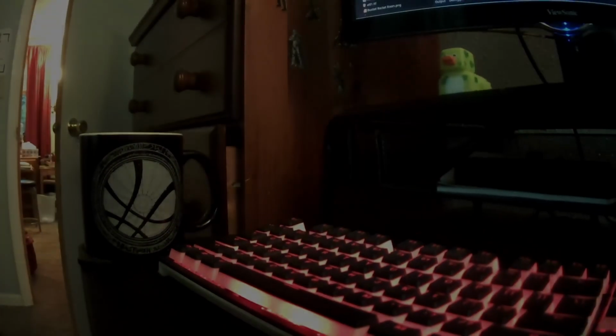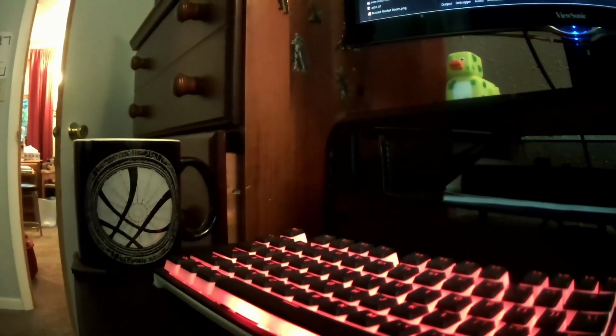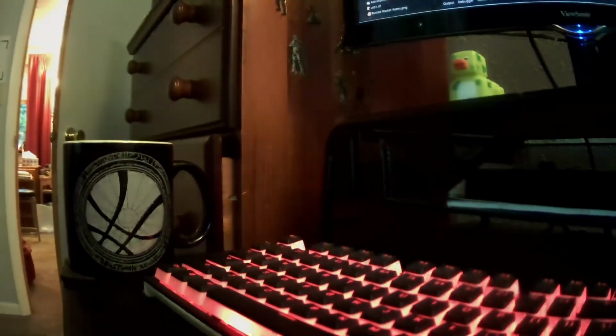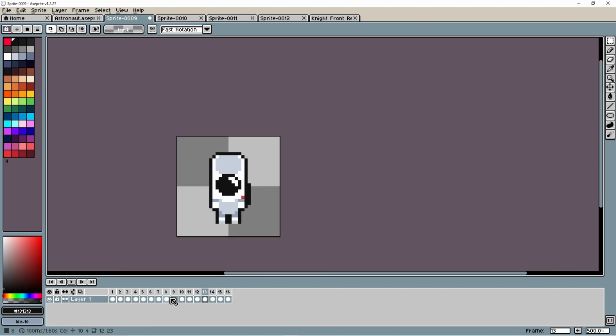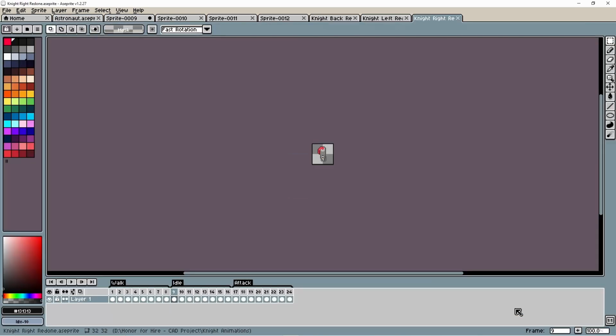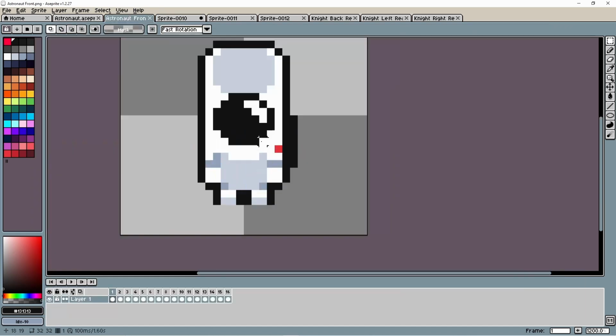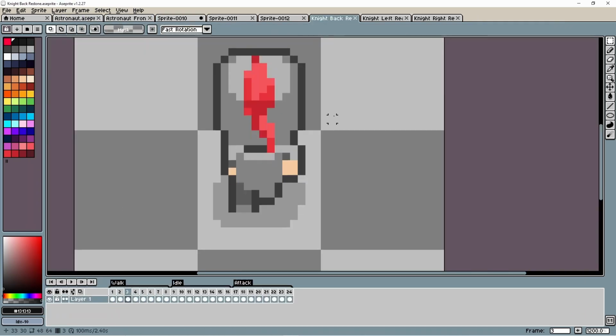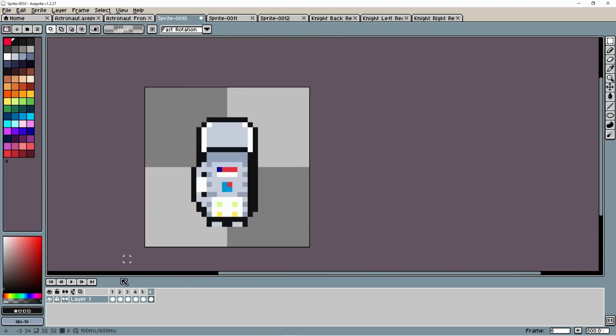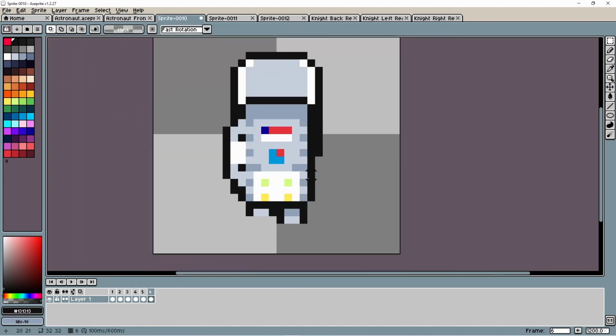Saturday, July 16th, I woke up nice and early, grabbed myself a quick shower and a cup of cider, and sat down to get to work. The first task at hand, and perhaps the most important one, was to get started on the art. I'd already drawn out the astronaut's basic form the night before, but it was time for animations. I created most of the art in the same style as my main project, Honor for Hire, to make sure the process of art and animation went as smoothly as possible with the limited time I had available.